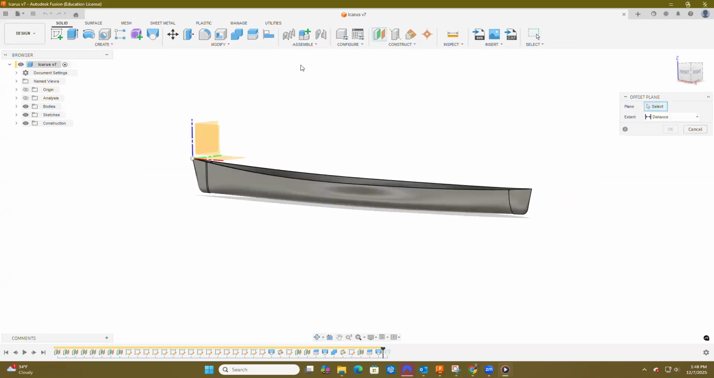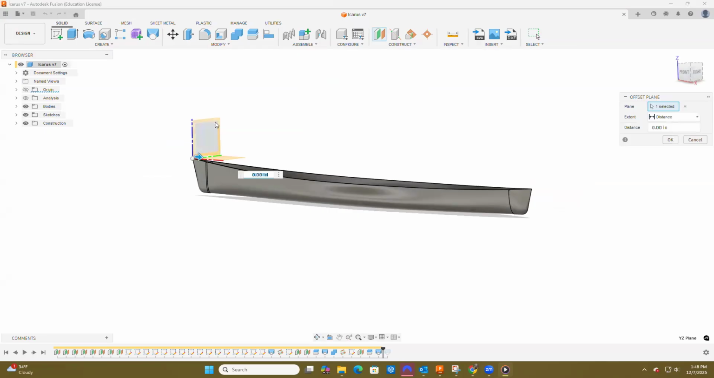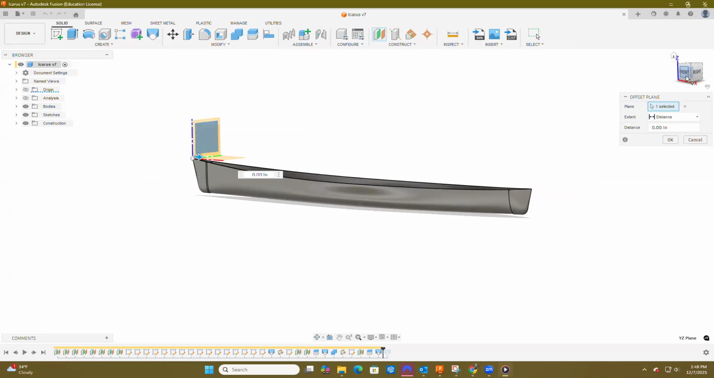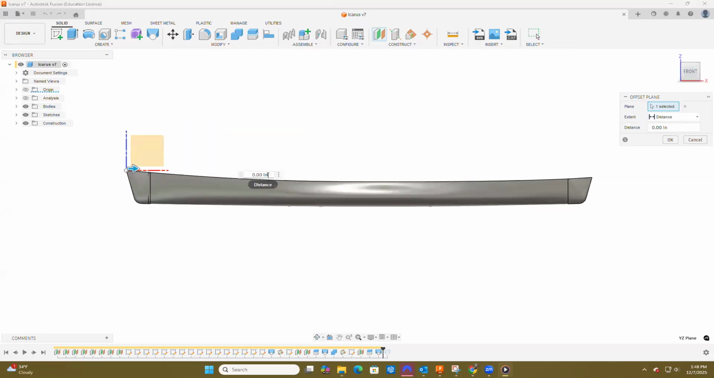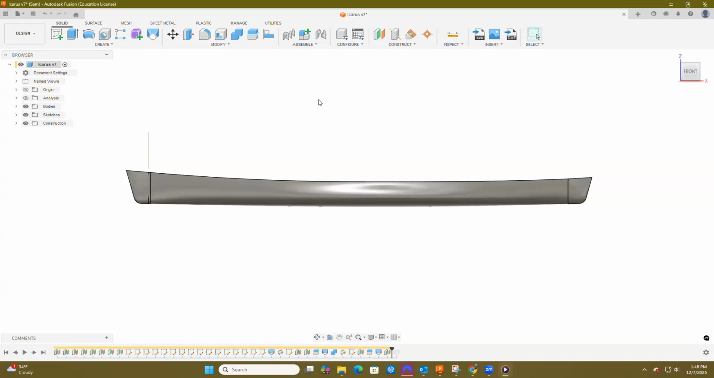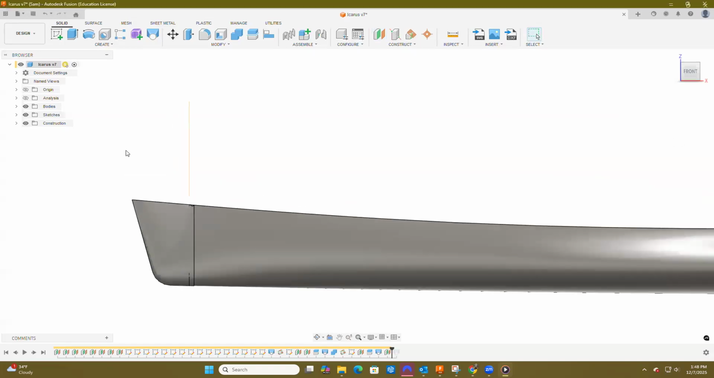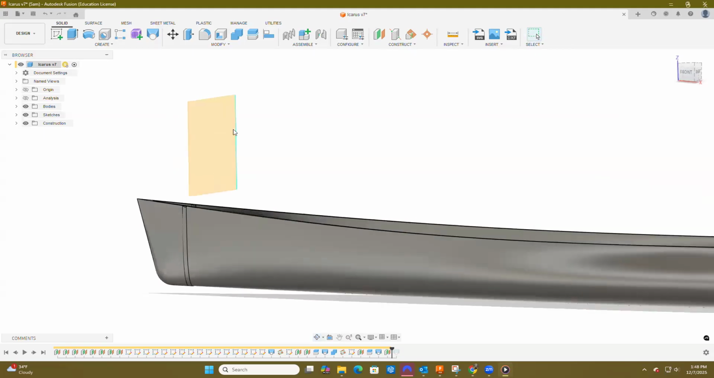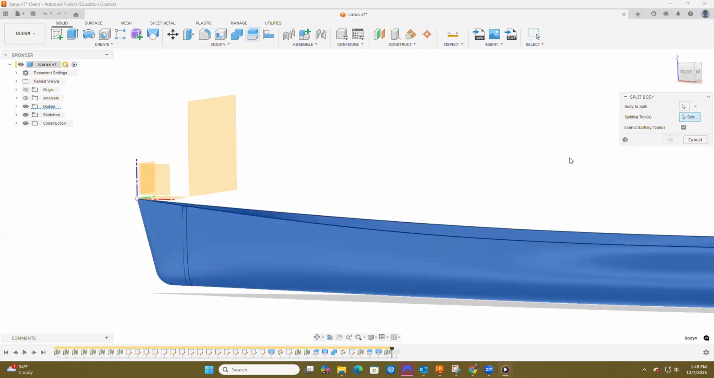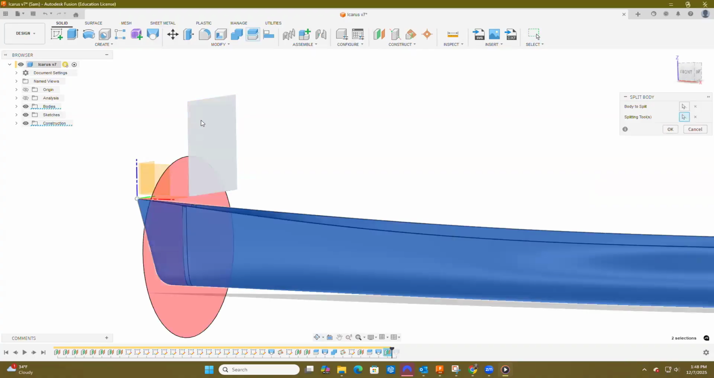So I'm going to start by making planes that we are going to use to cut the canoe in slices. So we're going to make them 12-inch slices along the whole length of the canoe, starting with our first slice. We're going to use this offset plane that we just created to now slice the canoe. So we're now going to use the slice body tool, select the body, select the splitting tool,